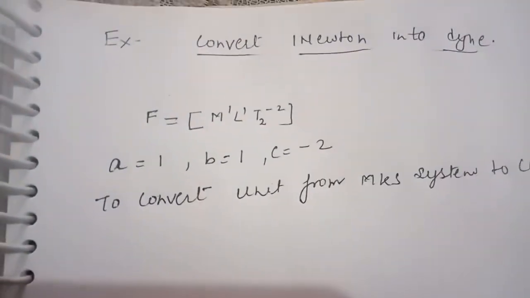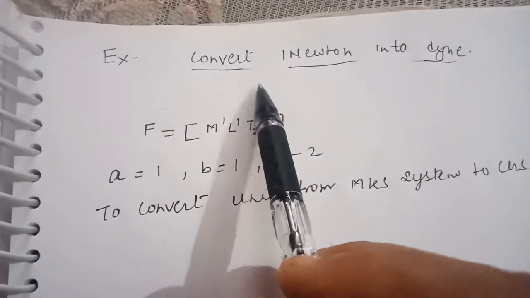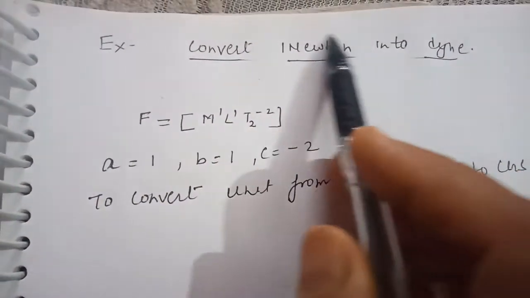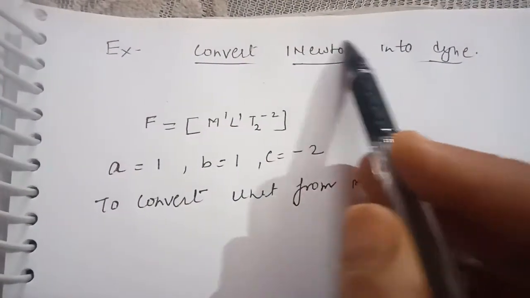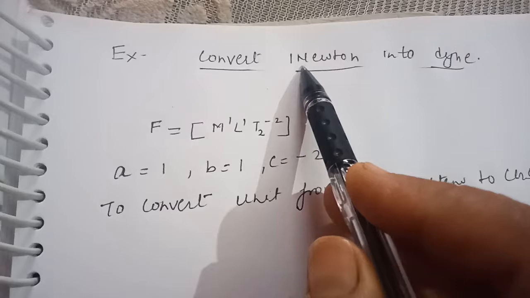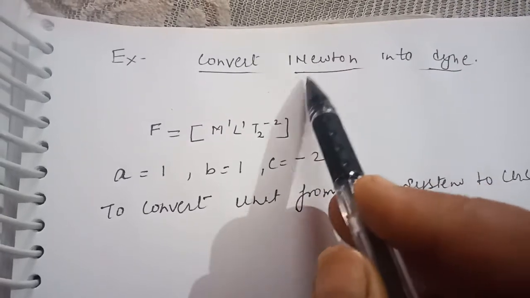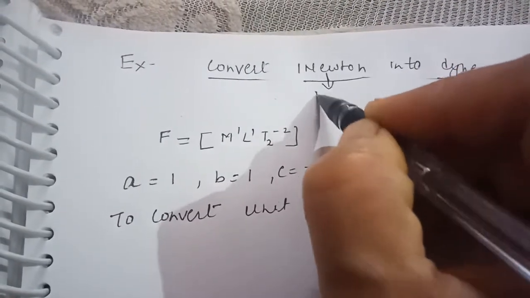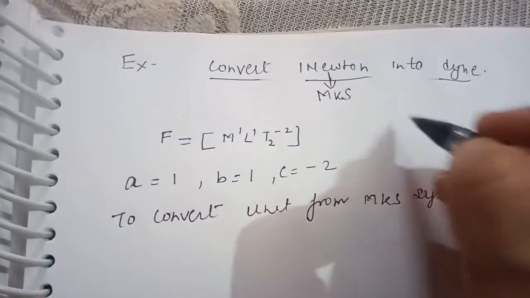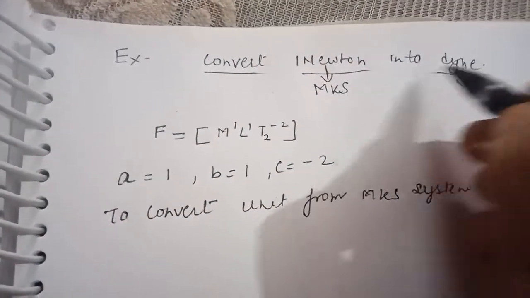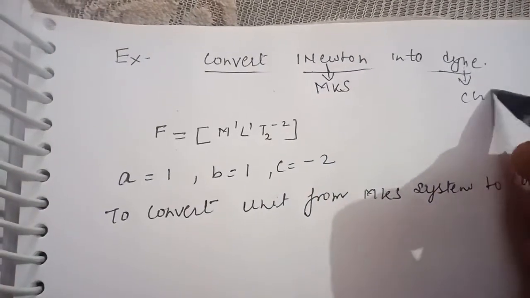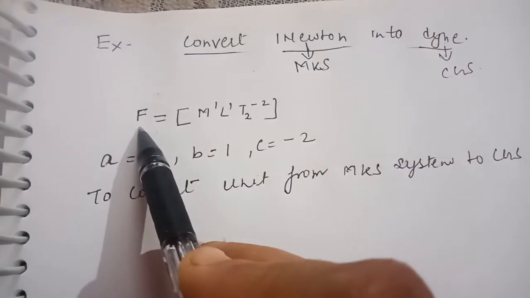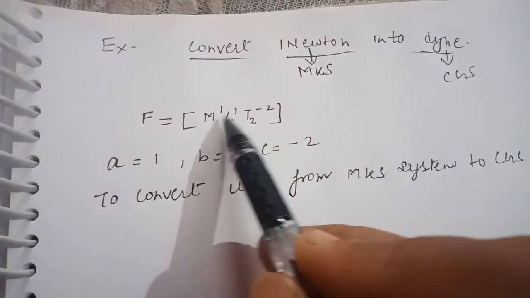Example: I am taking how you will convert one system of unit into another. So suppose you have to convert 1 Newton into dyne. Newton is a unit of force, and in Newton the fundamental units involved are from the MKS system. Dyne is the unit of force in the CGS system. Clear? So first of all, you will write the dimension formula of force, MLT minus